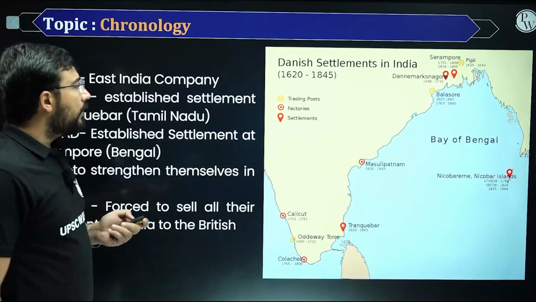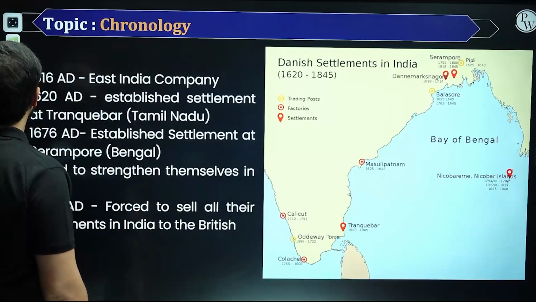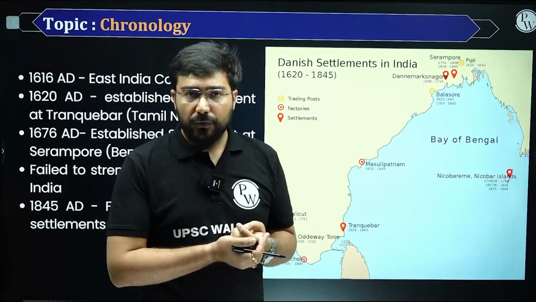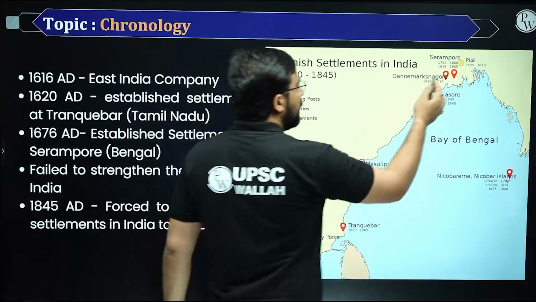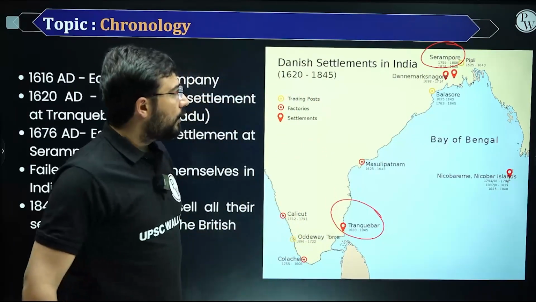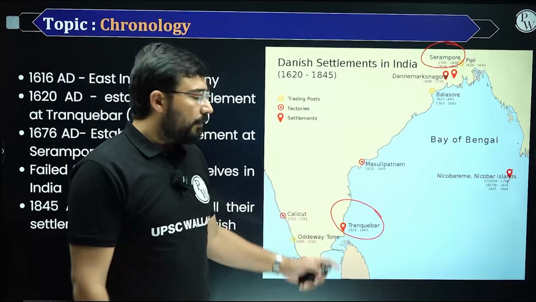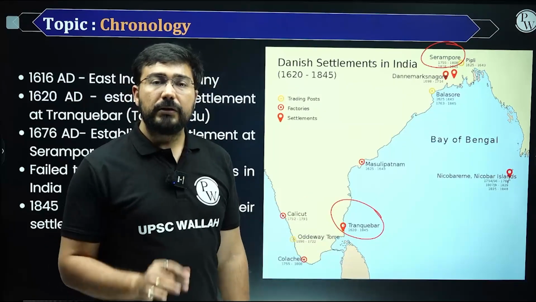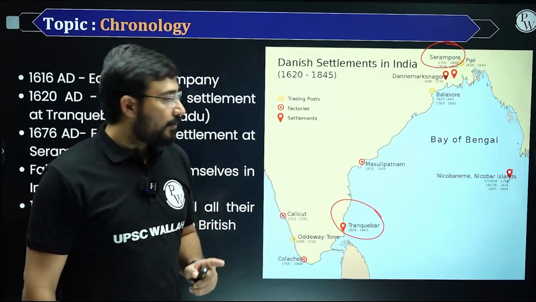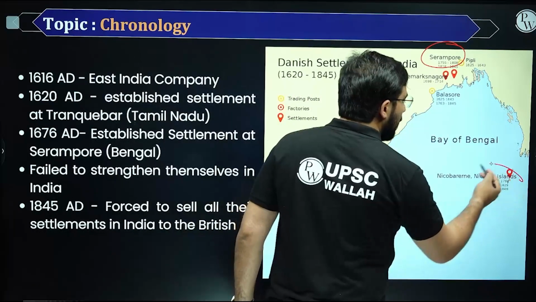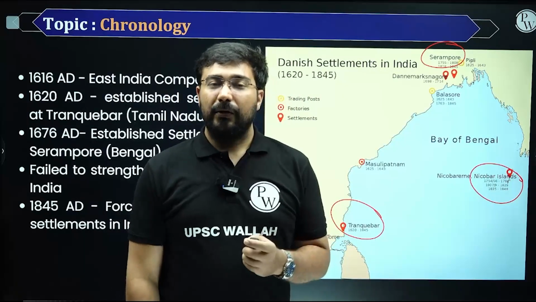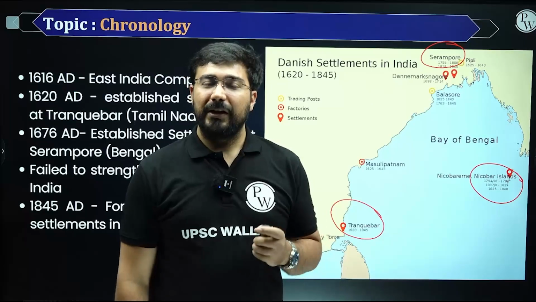Danes. So when we talk about the Danes, at that time, the area of the Danish, they were also having control over Norway. Their major focus was only on the activities of religion. Two major areas were under their control. What was Serampur, okay, and the second was Tranquebar, and they used to focus on religious activities. One area which was very strategic, which was under their control, all of you should remember, it was the Nicobar Islands. Initially, the Nicobar Islands were under their control. Later on, they were sold by them to the British around 1845.